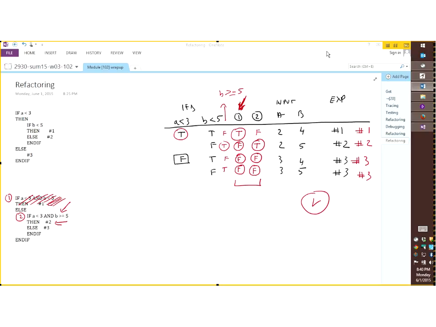So when you write programs, you're going to have half of your brain trying to write the program, and the other half of your brain is going to try desperately to find tests that are going to fail your program. Okay, and this is a way for you to challenge yourself, to play against yourself. If you do that, you're going to go a little slower at the beginning, but you are going to produce much better code. And it's something that's useful in programming.